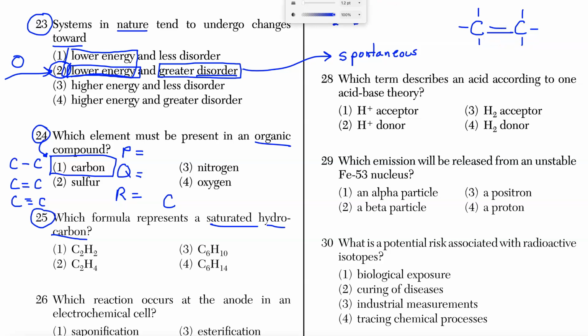Now, if I add a bond here, then I have to do what? Take away a bond for the H's, right? An example of that would be C2H4. And if I add a bond here, I have to take another bond away. And that would be C2H2. So notice for a 2-carbon system, the number of H's is decreasing every time I add another bond. And we would say that the ones that are decreasing, the ones in a different color, are unsaturated. Now there's a formula, if you don't want to draw these out,